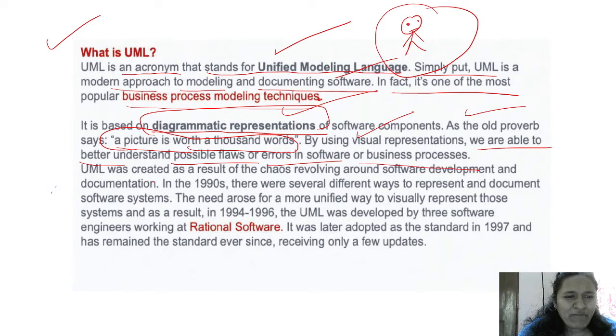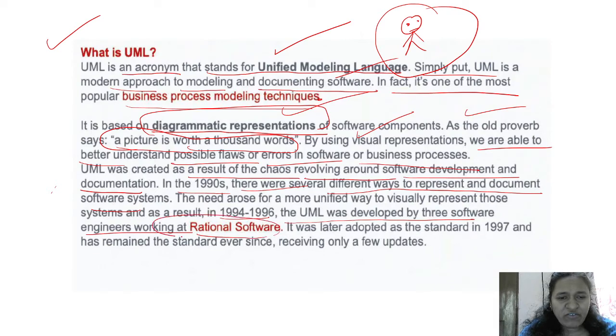UML was created as a result of the chores revolving around software development and documentation. In the 1990s, there were several different ways to represent and document software systems. After that, in 1994 to 96, UML was developed by three software engineers working at Rational Software.